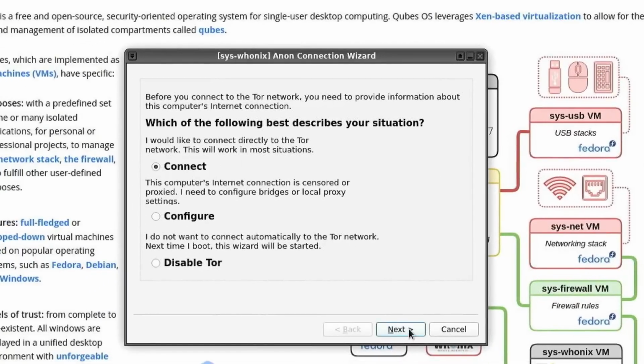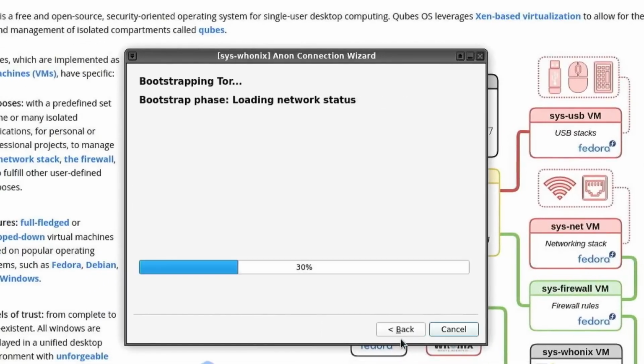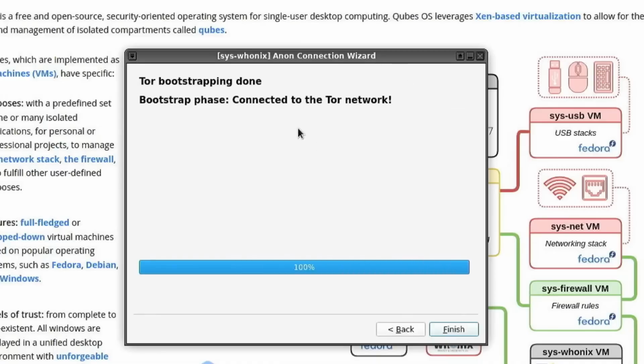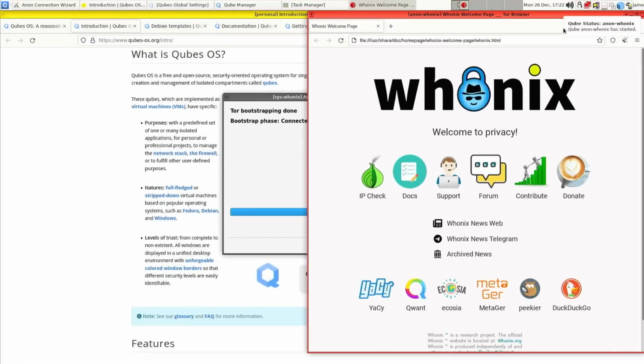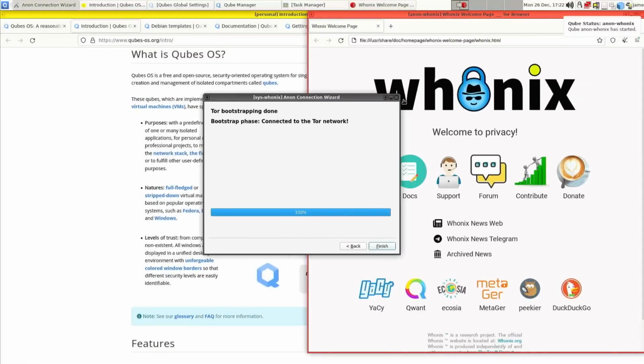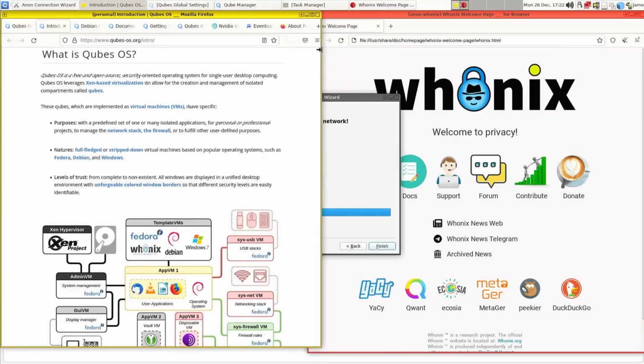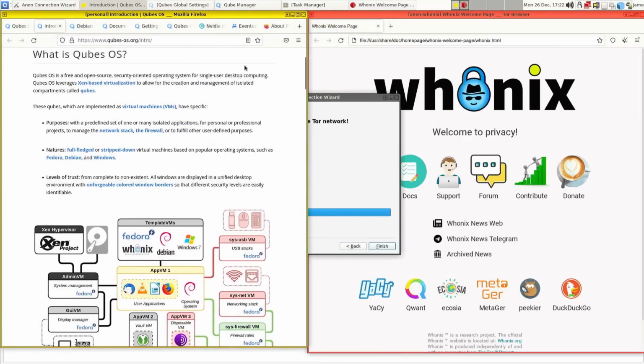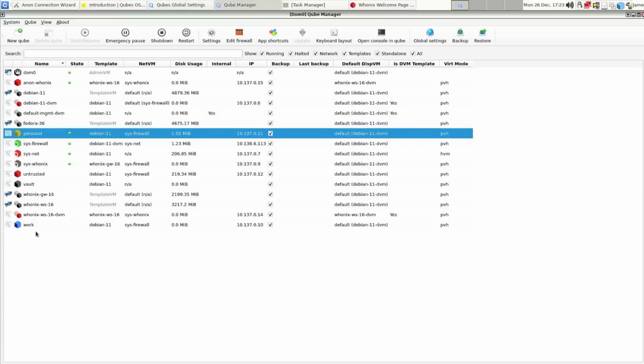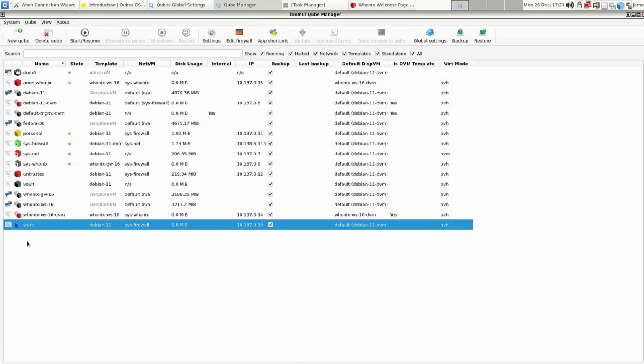And, oh yeah, I got to go through this whole rigmarole because I haven't done that already. All right. So now you'll see this one is red. So that way you're not ever going to get confused. You would literally have to be, I guess, colorblind and really not paying attention to end up confusing personal data with something that's untrusted, because untrusted is going to be red and then personal is going to be yellow. And if we go back into the Cube Manager, if I were to spin up something for work, that's going to be blue.